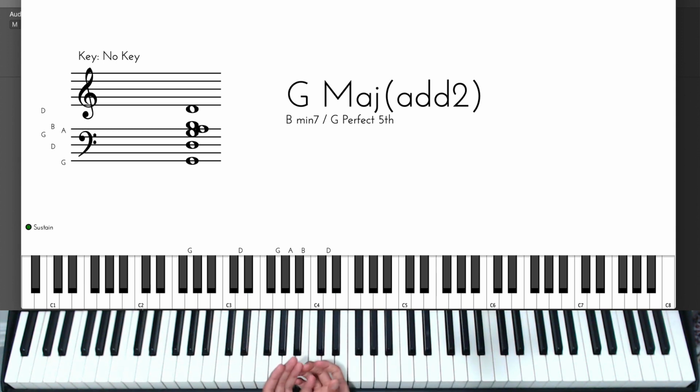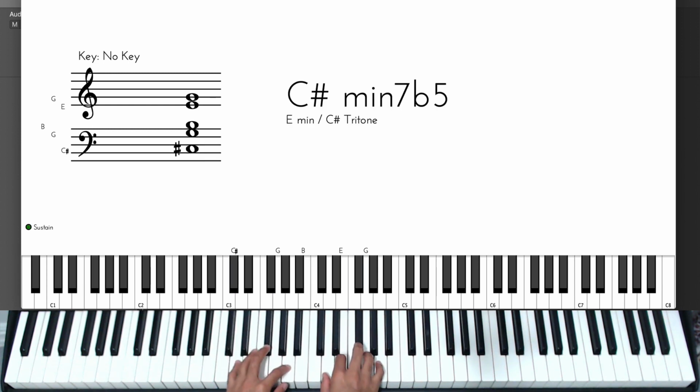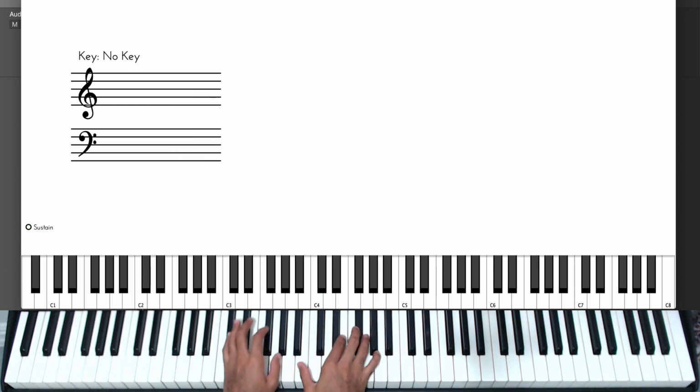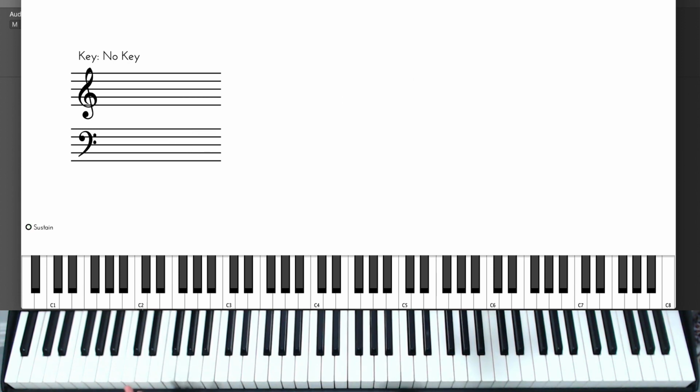We can use a passing chord right before the 5 as well, something like this. Alright, so this passing chord right before the 5. The way that I like to think about it is, I know that I'm landing on the 5, so I go 1 half step down from the 5, which is a D flat or C sharp, and then the chord that I'm going to play with this